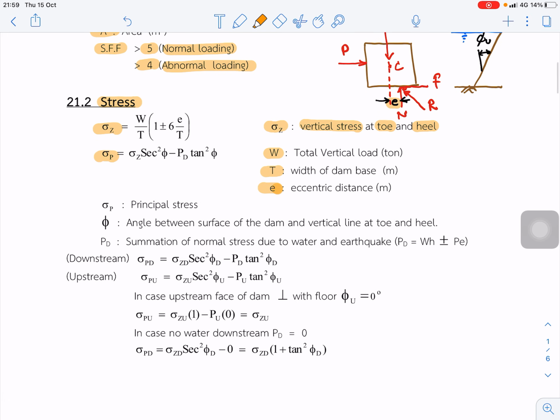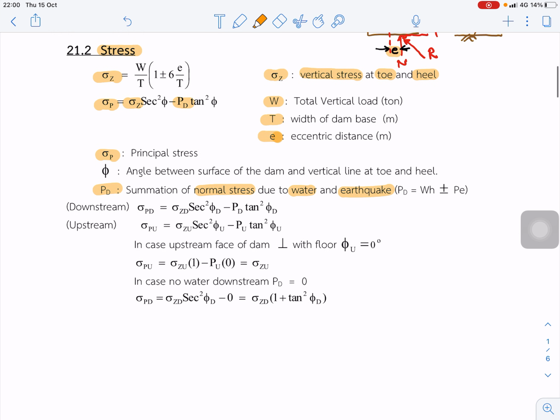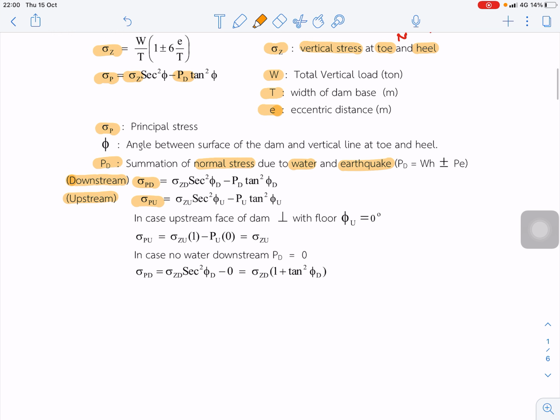And the next equation is for the principal stress. It is a function of the vertical stress, and PD is the summation of the normal stress due to water and earthquake. For the downstream, the principal stress is equal to this term, and for the upstream, the principal stress is equal to this term. In case of the upstream face,